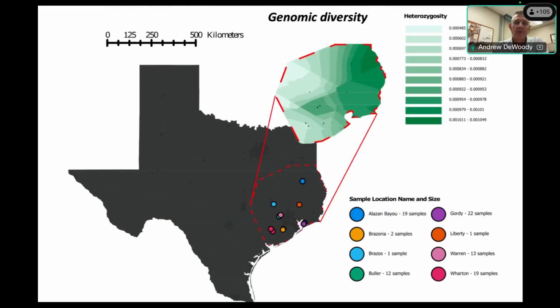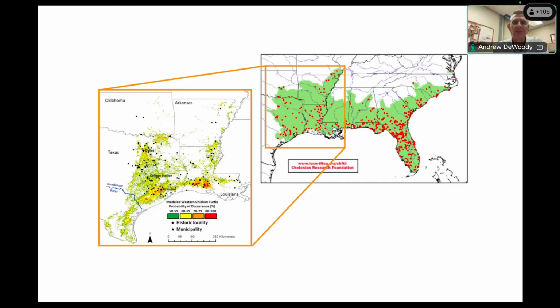When we look at genomic diversity in space, what this figure shows is that the darker greens are more genomic diversity, and that tends to be more in the eastern parts of the range and less in the western parts of the range. And I think this makes good sense because if you think about sort of the core of the species, not just the western chicken turtle, but the whole species, or even if you're thinking about just the western chicken turtle,